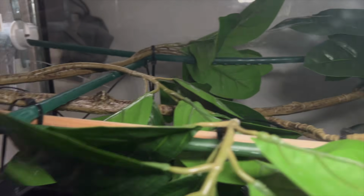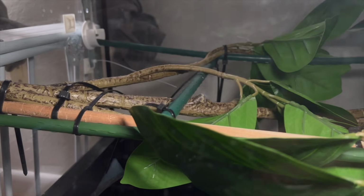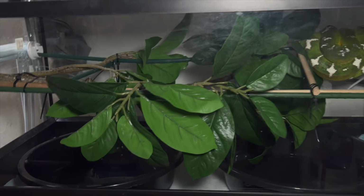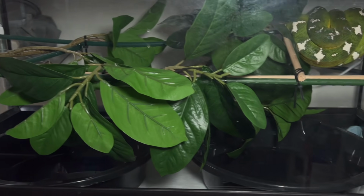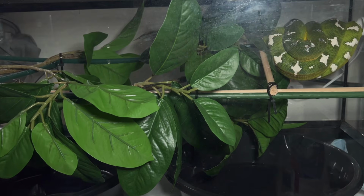So this is a pretty typical setup that I'll do for the adults here. You can see there's lots of cross branches for them to crawl around through and perch on. Some of the enclosures will have more or less branches and leaves and things in there, and that tends to be related to the activity of the animal. White Rose here rarely ever knocks anything down or messes things up, so she usually just maintains the branches as is,